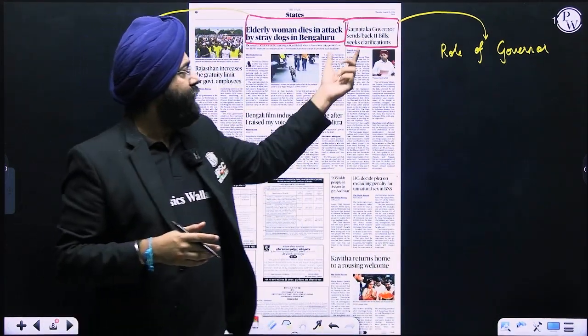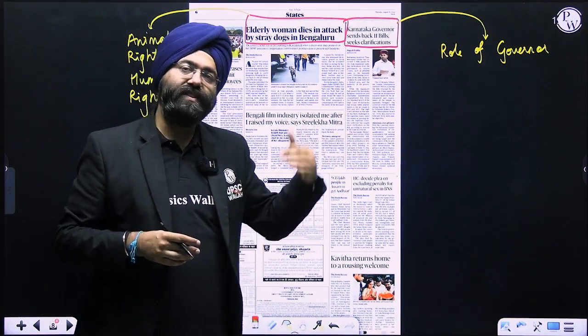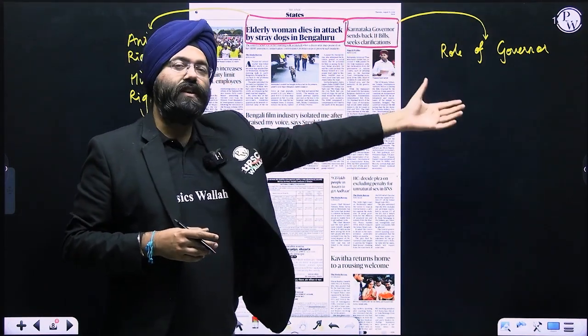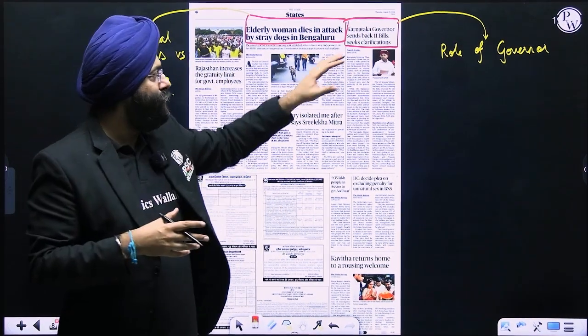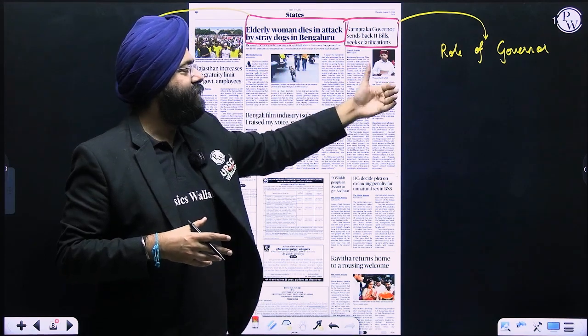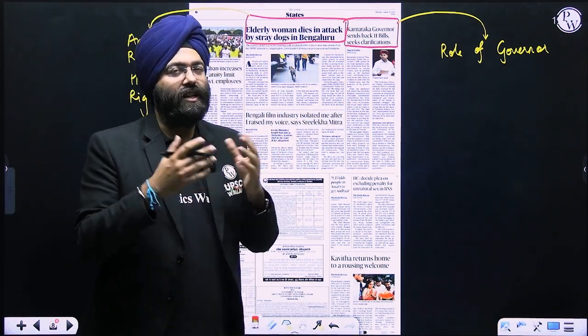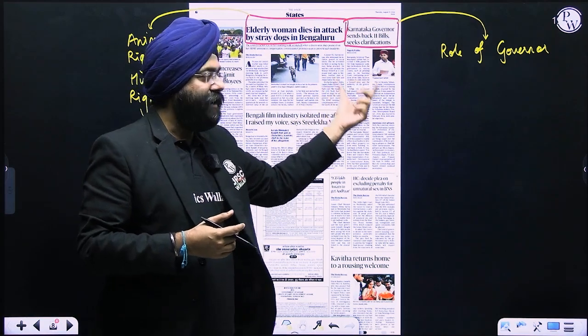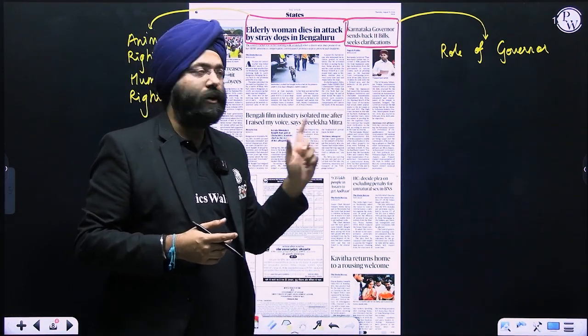Then when you have this, these are examples that you can quote in your examination. Obviously, this information is there. Definitely the team will put this in the monthly magazine also, but you need to know or remember a little bit. In Karnataka, the governor is sending back 11 bills, which might bring delay in the laws being passed and create issues. The analysis of this is also there in the editorial page. So we will see that also.